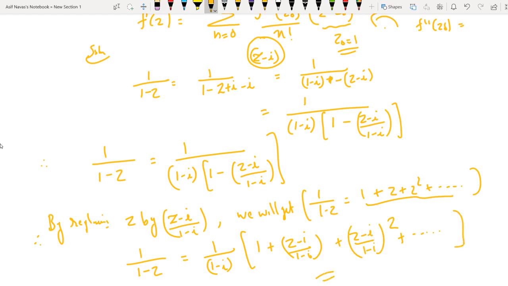Now if you find this by using the direct method, then also we will get the same answer. So this is the Taylor series of 1 by 1 minus z at z naught is equal to I. So the important thing is we want the expansion in form of z minus